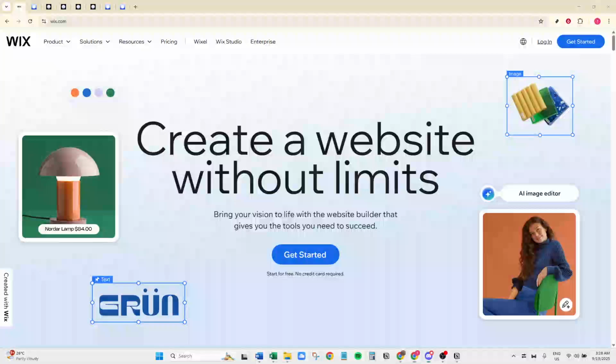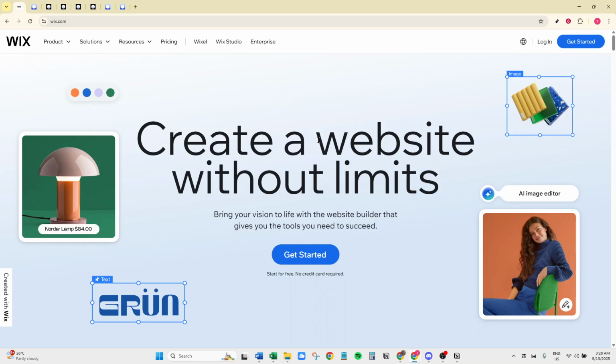In today's video, I'm going to teach you how to link an email to a contact form in Wix. This is a crucial skill for anyone managing a website on Wix, as it allows you to have direct communication with visitors who use your contact form. By the end of this guide, you'll have your contact form set up to notify you via email whenever someone reaches out. A simple yet effective way to maintain engagement with your audience.